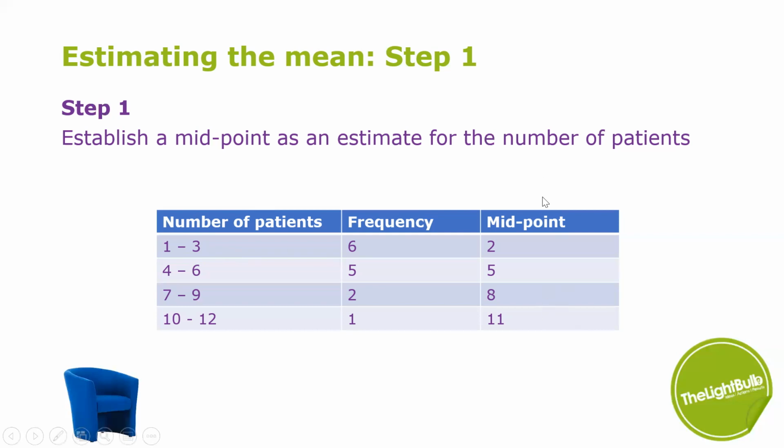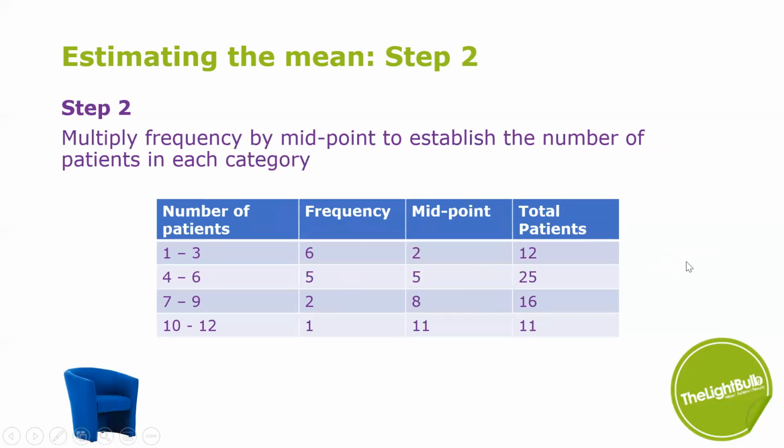Once you've got your middle point column, you can then forget this first column, really. It's existed for the purposes for which we need it. And we've now got column 2 and column 3 to work with. We need to create one more column, and it's the frequency times the midpoint. So what we said is that 6 occasions I saw 2 people, so overall I saw 12 people during those times. On 5 occasions I saw 5 people, so overall I saw 25 people on those times. So here is my fourth column